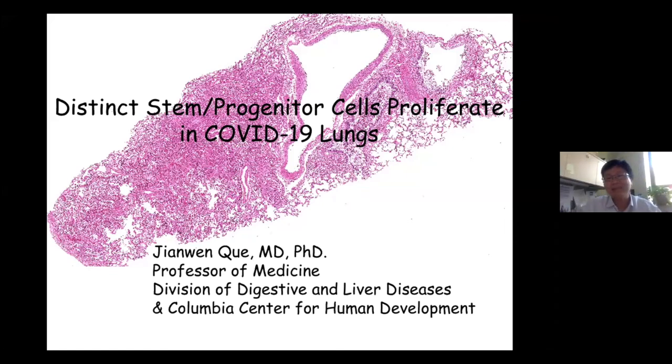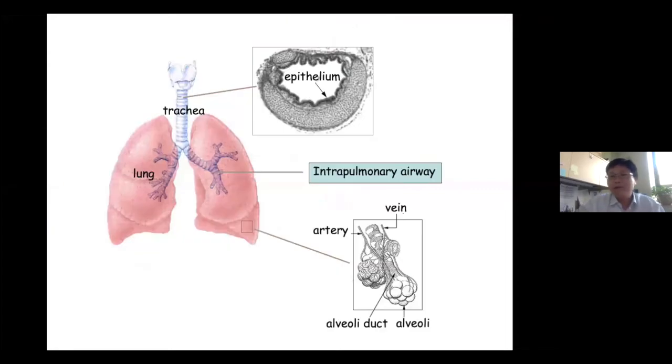And today I would like to take this opportunity to talk about our share of this COVID-19 study. Our lab is focused on the lungs, and I would like to talk about findings about COVID-19 lungs, with a focus on these proliferating cells. But before I go into the details of the phenotypes, I would like to take one step